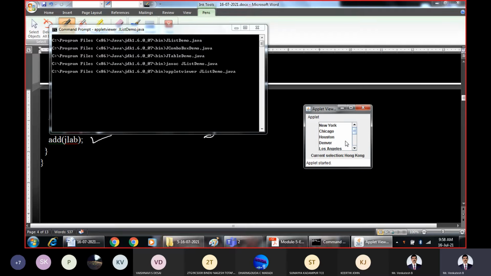So this is the list of items which is being added, which is enabled with the scroll pane. The list is included within the scroll pane. This is the scroll bar or scroll pane. Further, if you want, you can enter any code for New York City, and then define some more functionalities within the New York selection. So that is how we can go on developing graphical user interfaces.